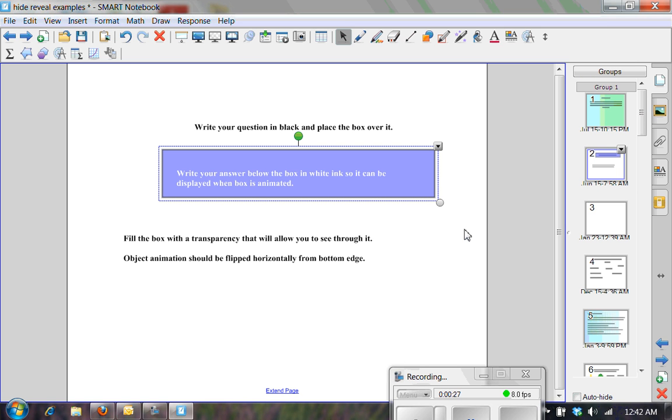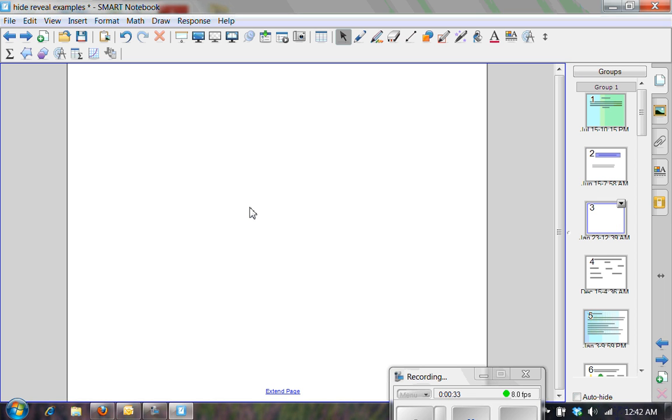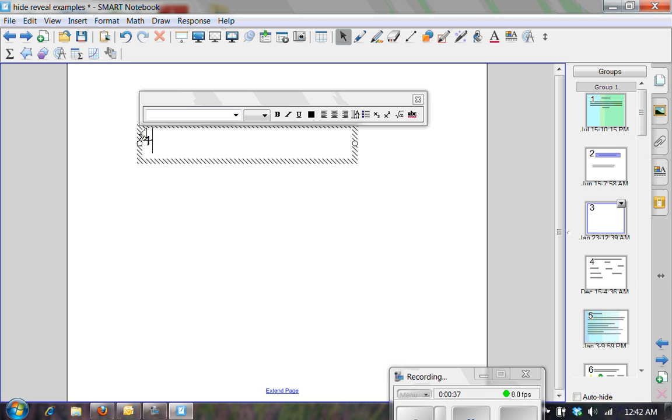Pretty simple, and we're going to go through it step by step, so it'll be very easy for you to duplicate on your own. You first start with a blank page, and you're going to write your question. Your question could be anything at all. It could be a math problem. For instance, I'm just going to do 4 plus 4 equals, or it could be maybe a vocabulary word,